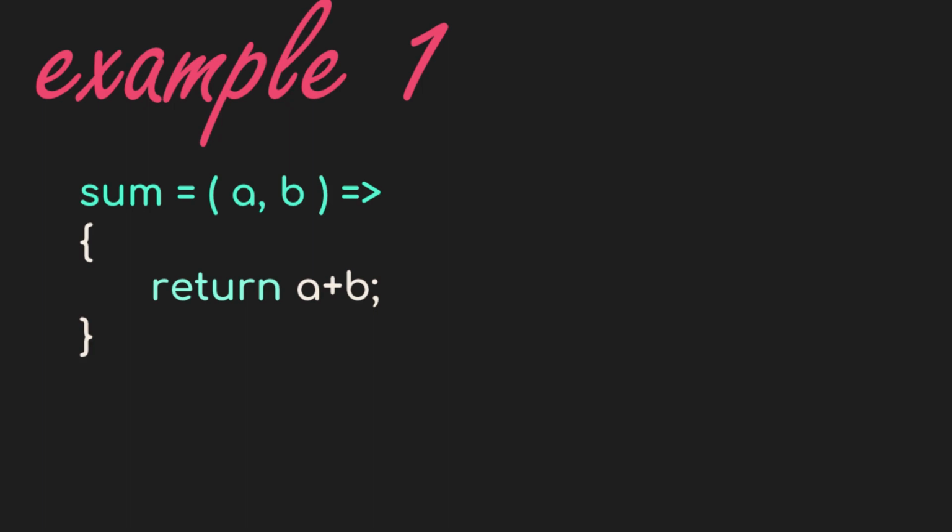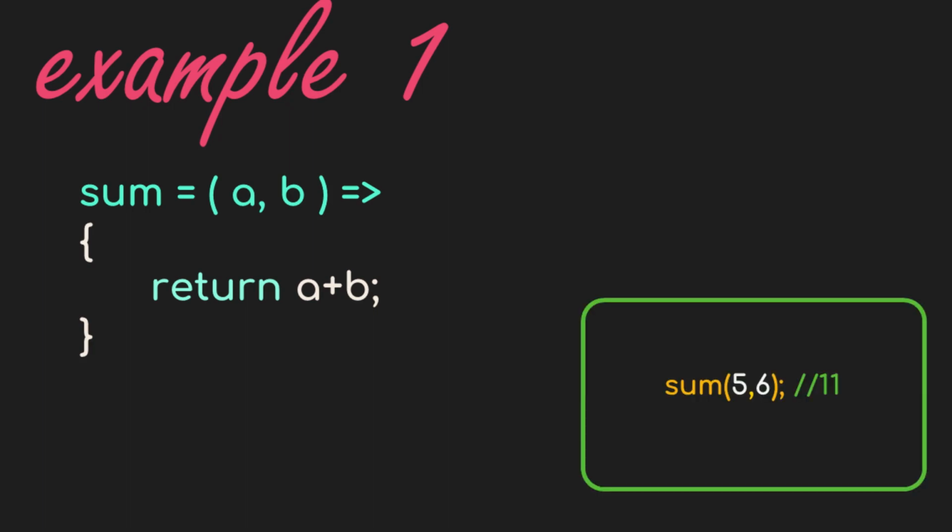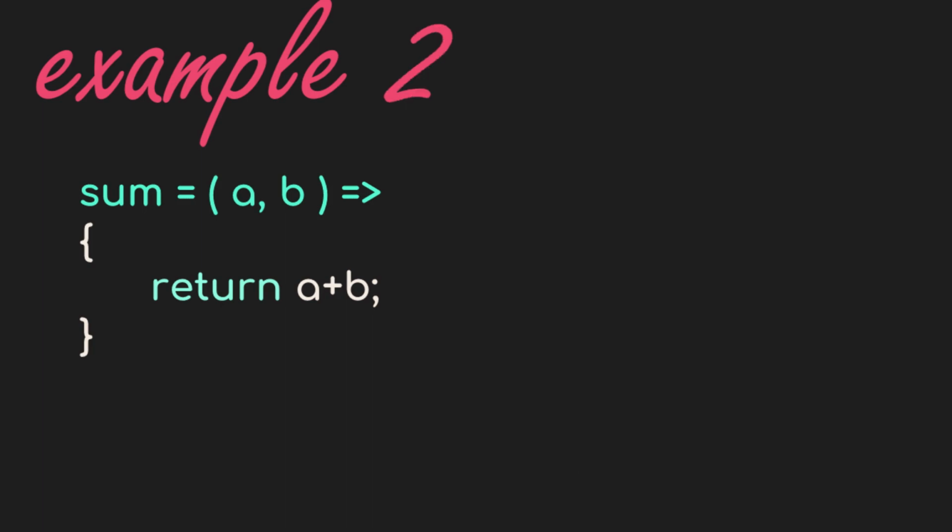Given here is an example for the arrow function as per the previous syntax. We can call the function using the variable named sum and passing the values as displayed. If the function has only one return statement in the function body, then we can remove the curly braces. We also can remove the return statement, so the arrow function will become even shorter, as displayed here. Note that if there are multiple statements in the function body, then you have to use the curly braces.